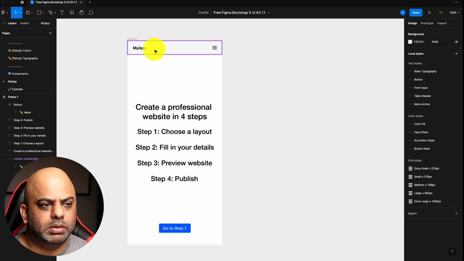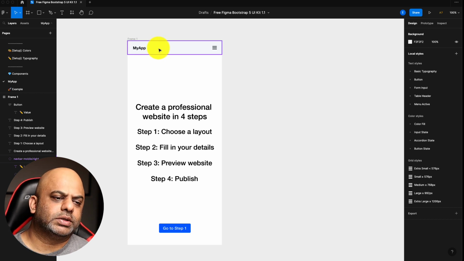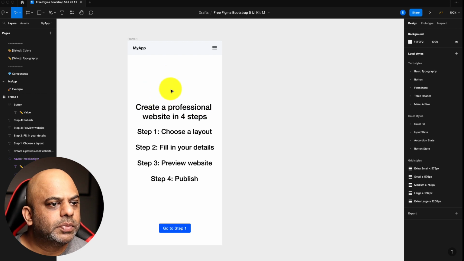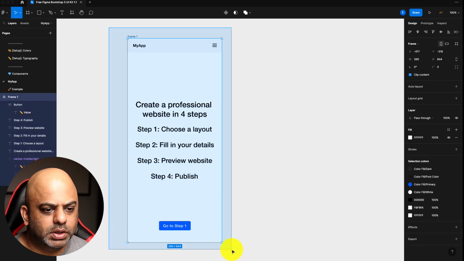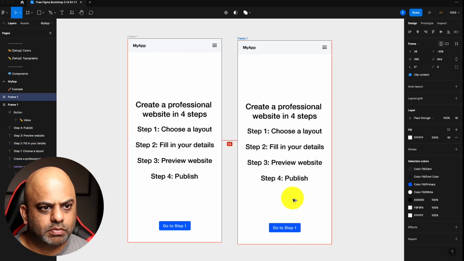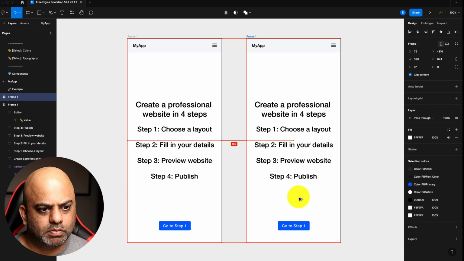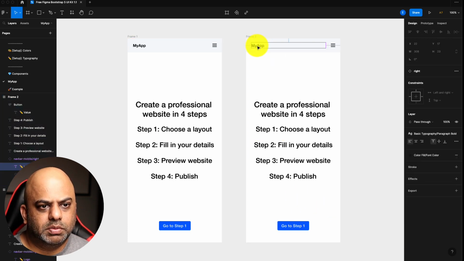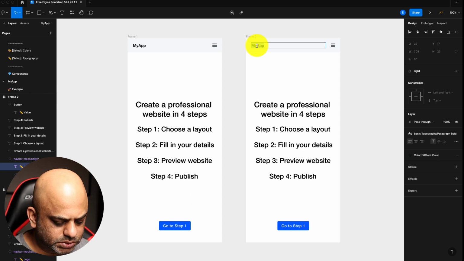This will probably be my logo here, something like that, and maybe I'll choose a different background sometime. So let's copy this over and make my second frame. This will be my step 1, which is choose layout.